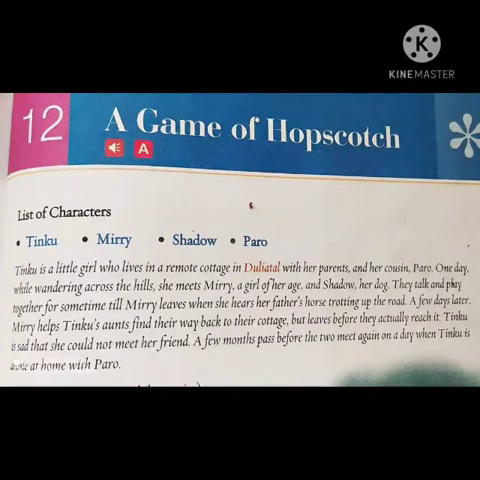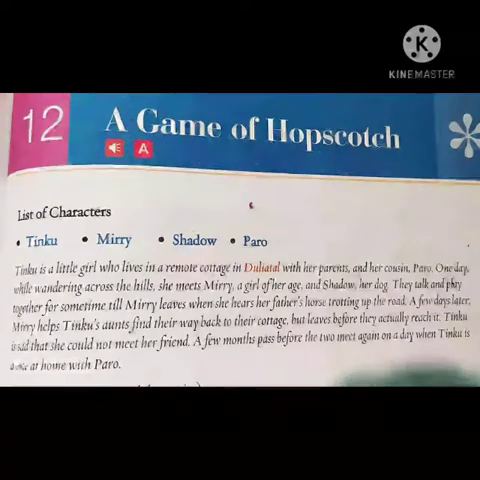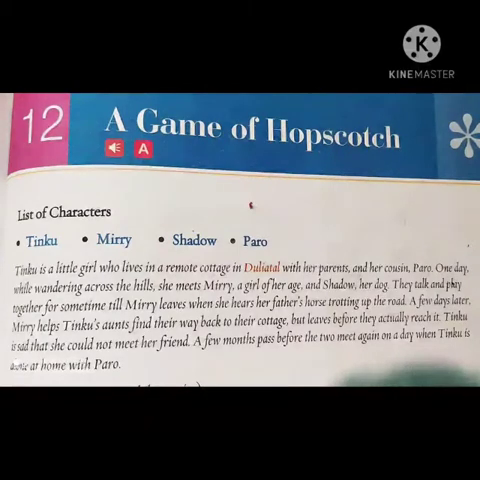Tinku is a little girl who lives in a remote cottage in Dulyatal with her parents and her cousin Paro. One day, while wandering across the hills, she meets Miri, a girl of her age, and Shadow, her dog. They talk and play together for some time till Miri leaves when she hears her father's horse trotting up the